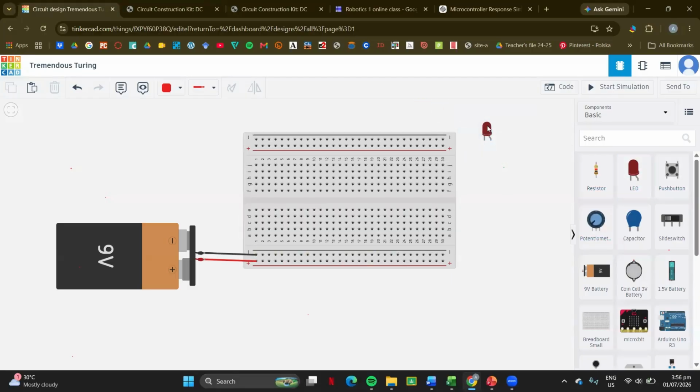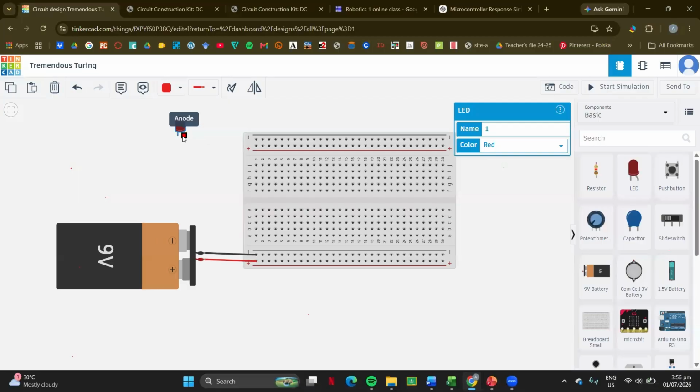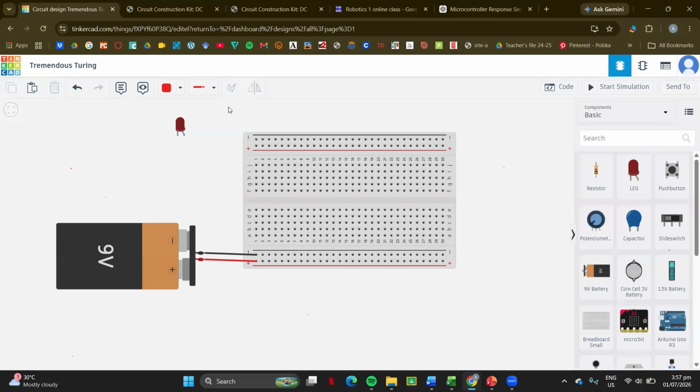By the way, guys, LEDs have polarities, which means they also have a positive leg and a negative leg. The positive leg is the anode, the one with the bend, and the negative leg is the cathode, which is straight here on the image. So essentially, you need to connect the positive to the positive and the negative to the negative power rail. So maybe I'll put it here. I can also put it there, whichever. But it's not yet connected to the power, right? Because it's not yet connected to the power rail.